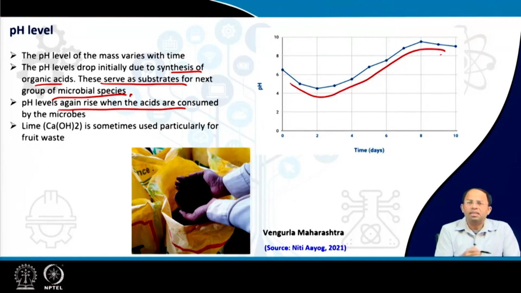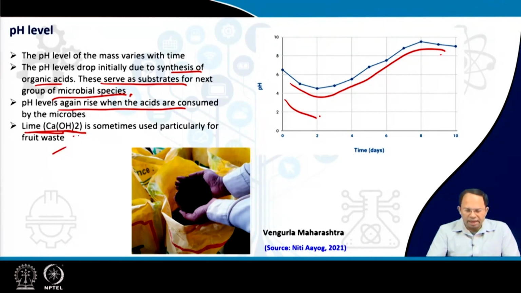Now, sometimes there is a lot of organic acid in the organic waste itself, for example, when there is a lot of fruit waste. In that case, we use lime or calcium hydroxide to bring down the acidity of this organic matter, so that the composting process can happen smoothly. If we already have very high acidity, the pH would be lowered further, and that would be a problem for the bacteria to work upon the organic matter to decompose it. So we bring it up using lime. These are some of the techniques that have to be adopted for the composting process.